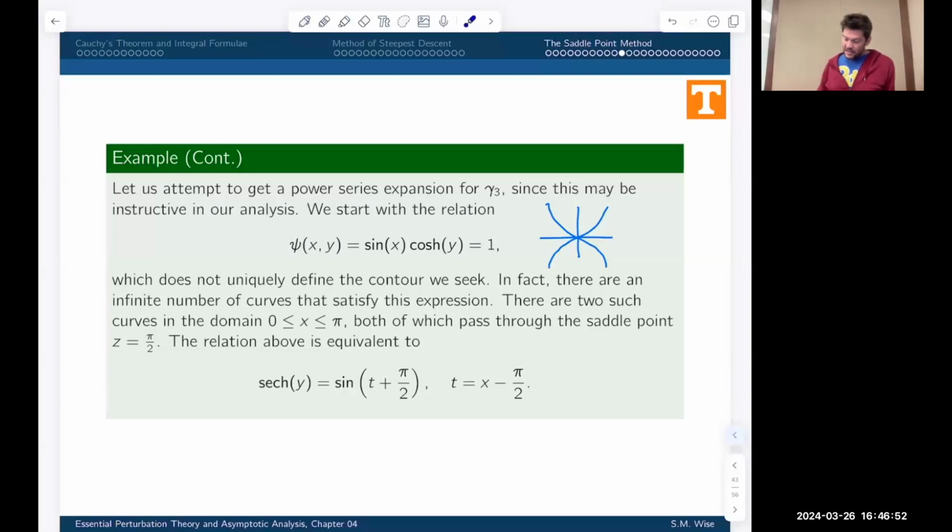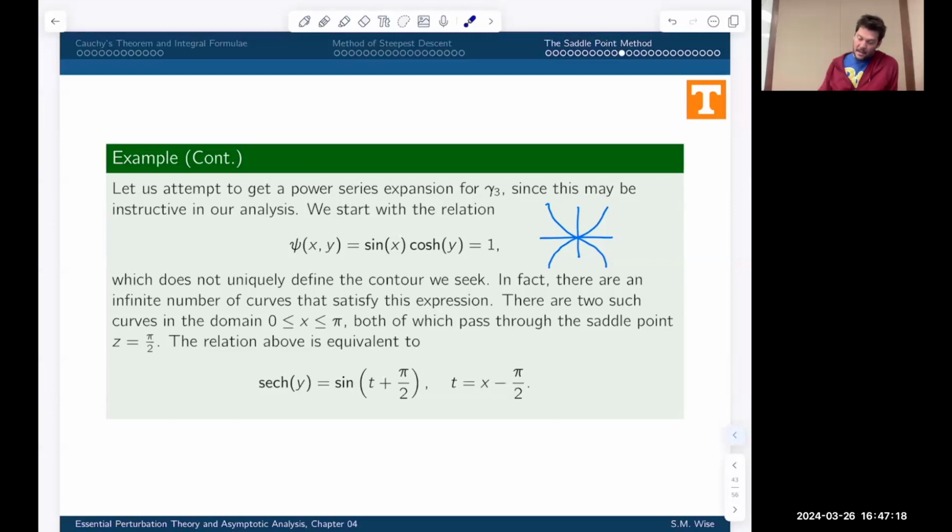The above relation can be changed slightly. So we just can recognize that let's divide both sides by the cosh, and we can get the hyperbolic secant on one side, right, by dividing by the cosh. And on the right-hand side, we still have the sine, but I'm going to write sine in a slightly different